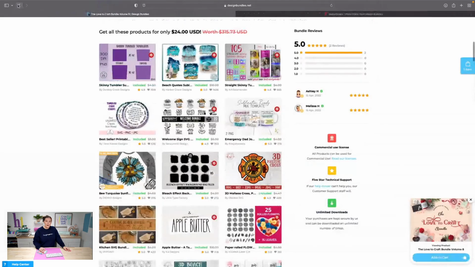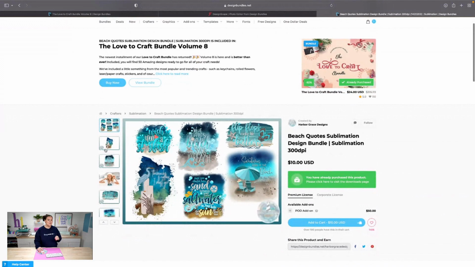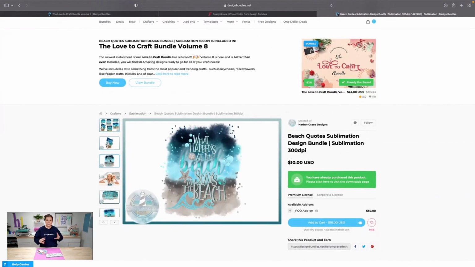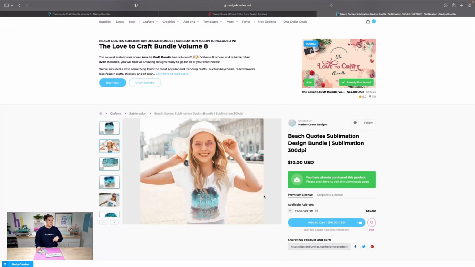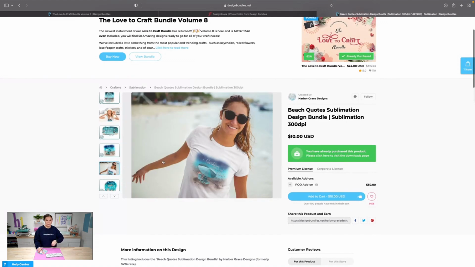And then if we go back over here with this bundle right here that's included, I'm going to use one of these super cute beach themed files right here for our t-shirt. I'm going to be using a mockup so we can do something like this. See how they've used a model and it's mocked up. It looks like it's on a t-shirt. So that's what I'm going to show you today. I'm going to show you guys how to mock up a t-shirt like this and then how to create that faux bleach in the background and things like that.